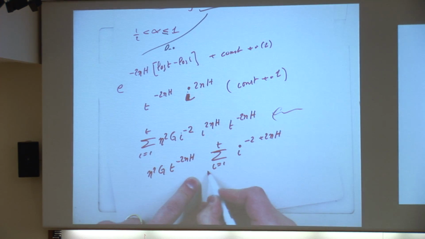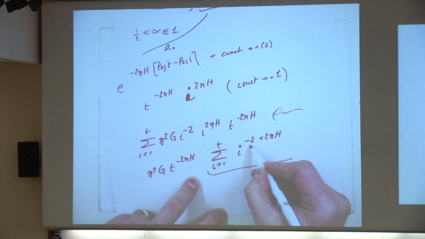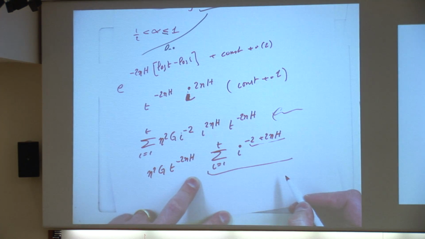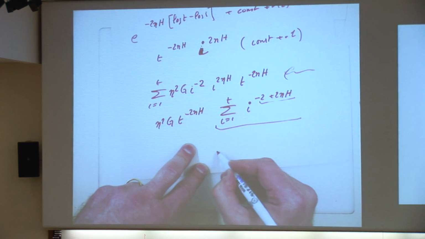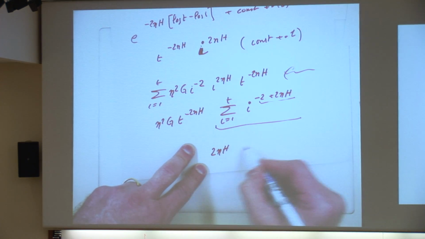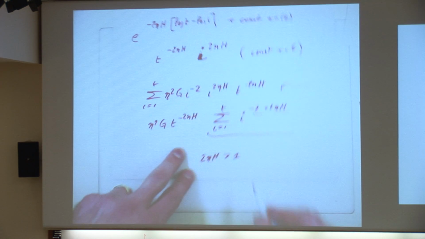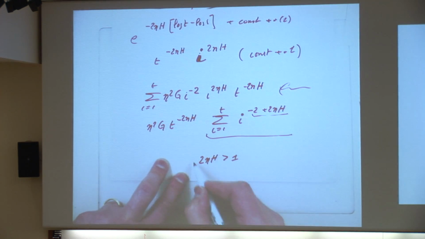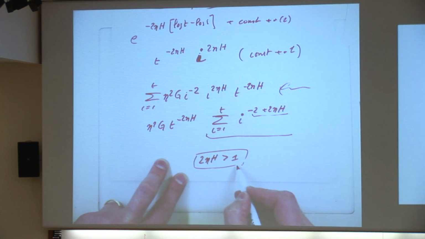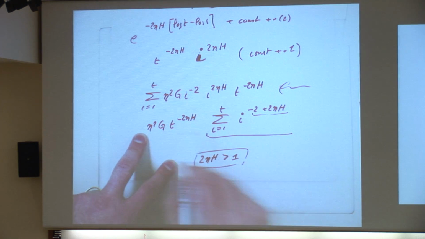Now, we know that this converges if the exponent here is less than 1. So I have a necessary condition: I want eta h to be more than 1, because if 2 eta h is more than 1, suddenly